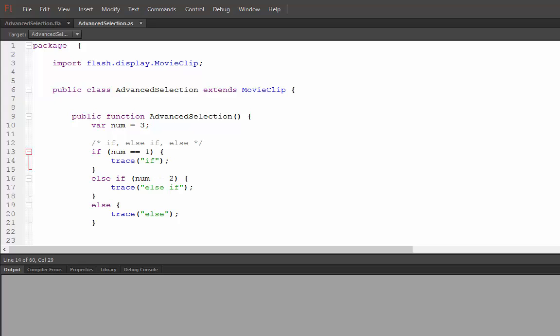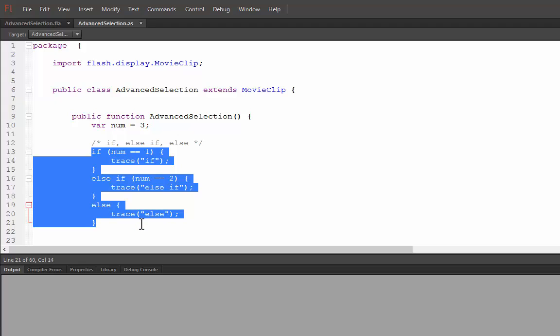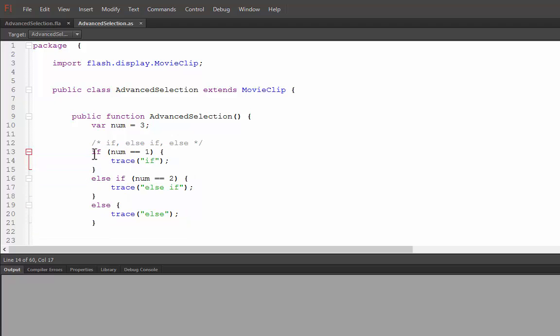Today we're looking at selection in more detail and a few variations on selection statements. We start off with a variable declaration, which is simply var num equals 3. Now here, just highlighted, I've got some if statements, and the very first one is just a standard if statement,